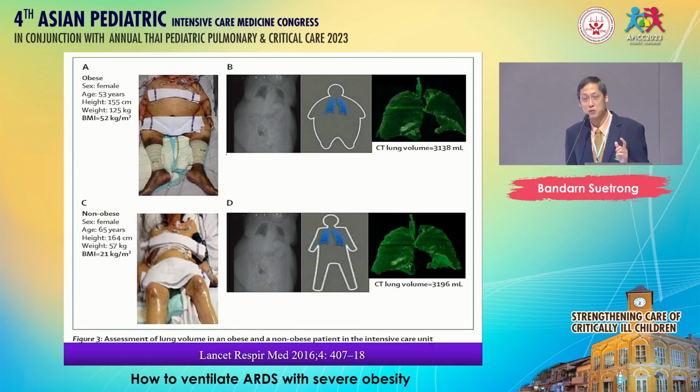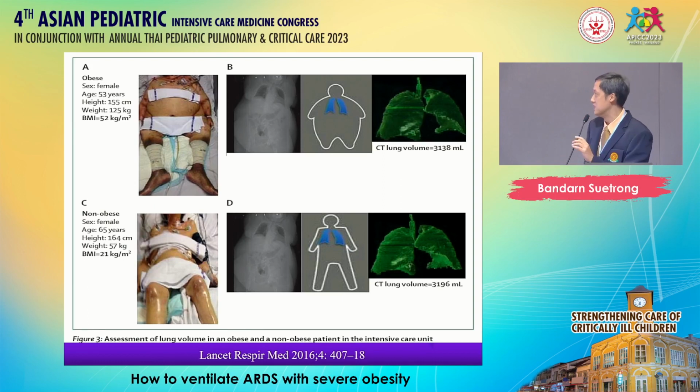So lung volume depends on height and gender, not on weight. So you cannot use actual body weight to set the tidal volume in a patient with obesity. You use ideal body weight or predicted body weight rather than actual body weight to set tidal volume in these